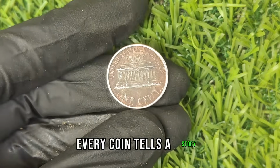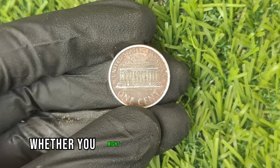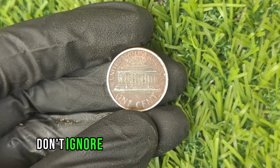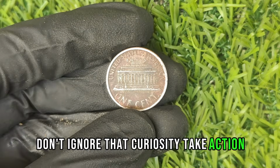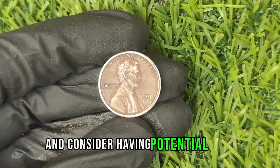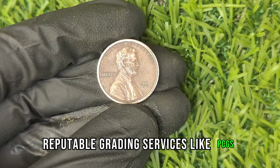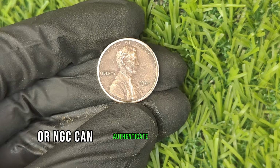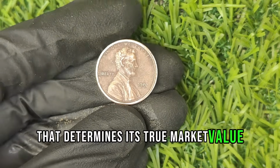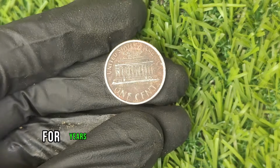Every coin tells a story, and some stories are worth more than gold. If you're wondering whether you might have one of these rare 1991 no mint mark pennies, don't ignore that curiosity. Take action. Gather your coins, examine them closely, and consider having potential finds professionally appraised. Reputable grading services like PCGS or NGC can authenticate your coin and assign it a grade that determines its true